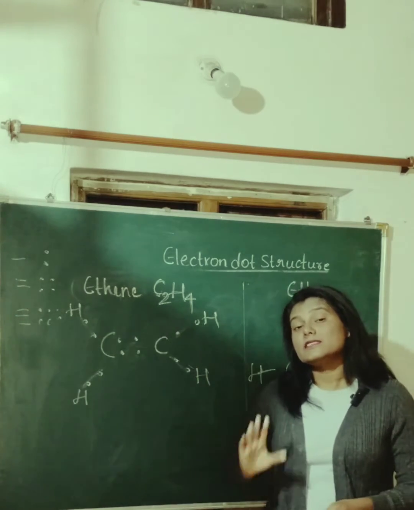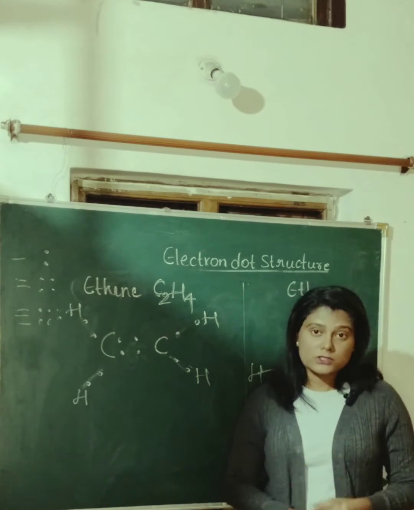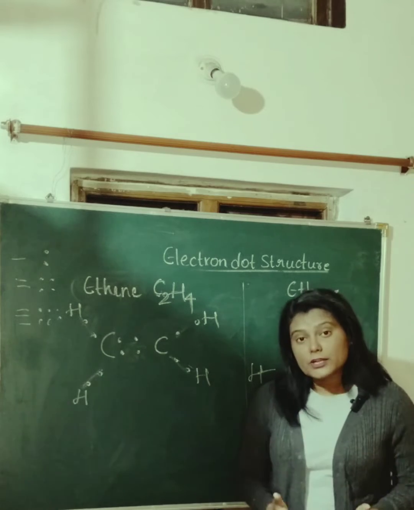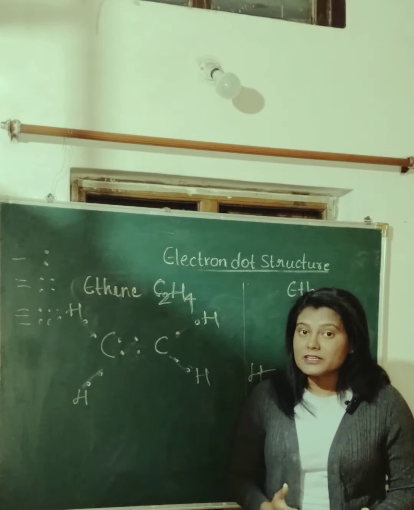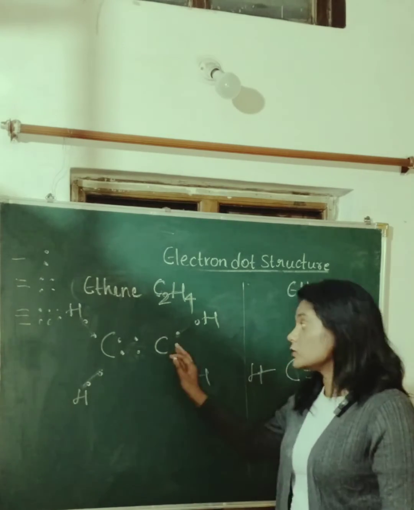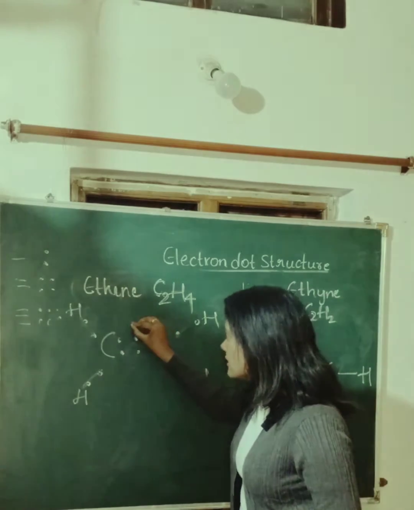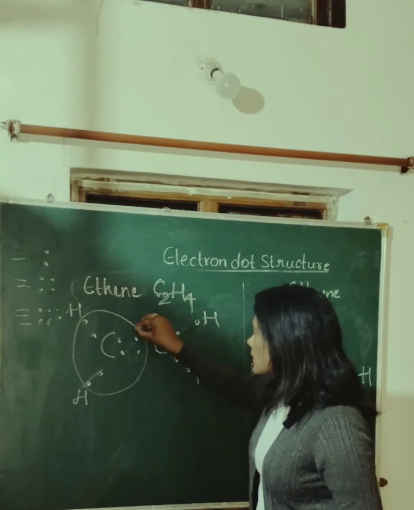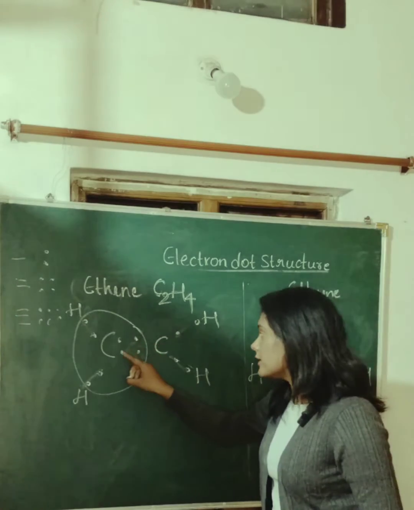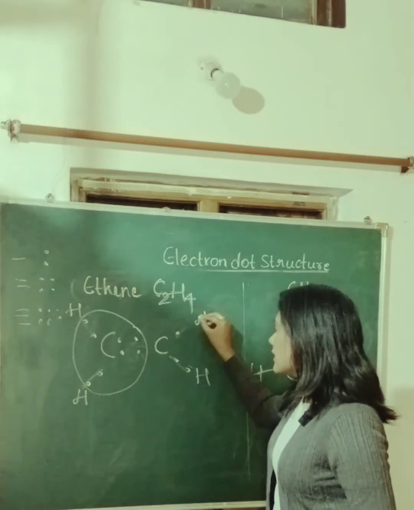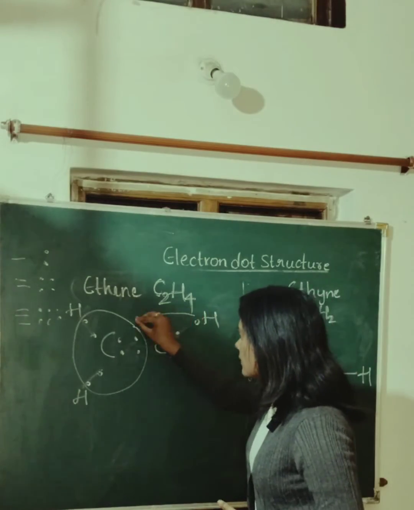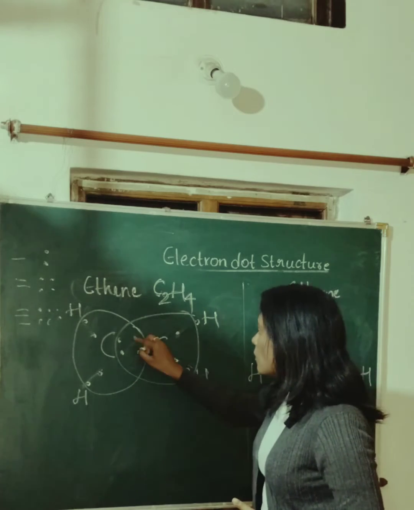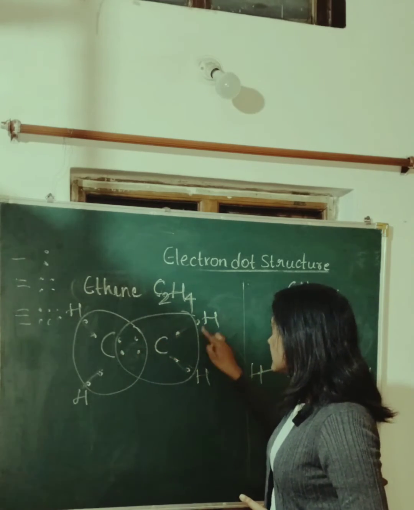Remember, carbon has 4 electrons in the outermost shell. To attain an octet configuration, or to attain stability, it should have 4 more electrons. So it is going to share with the hydrogen. So 4 are there, just put a circle. Now if you consider this carbon, 4 electrons are already there. So it is going to share with this particular hydrogen. So just put 1, 2, 3, 4, 5, 6, 7, 8.